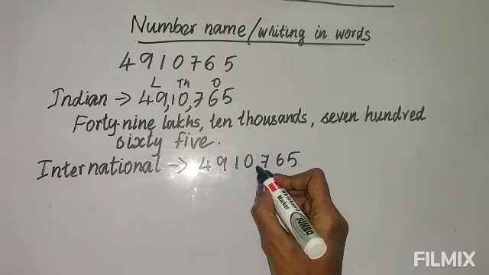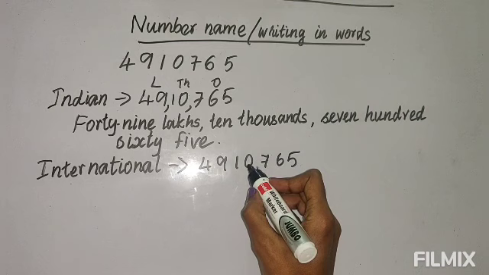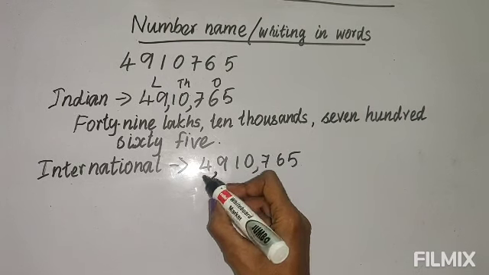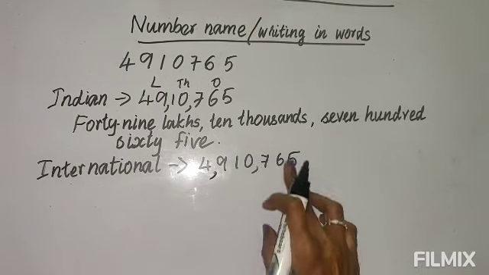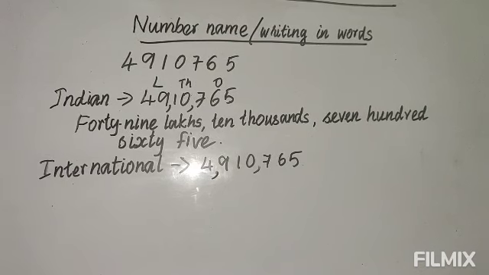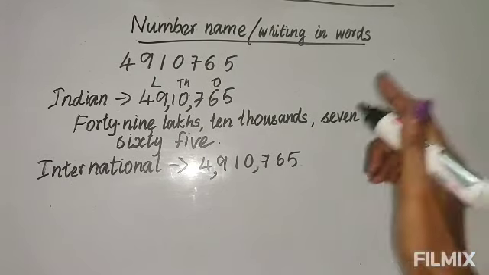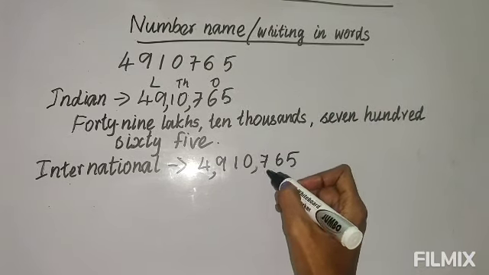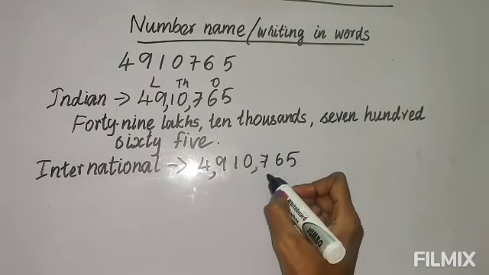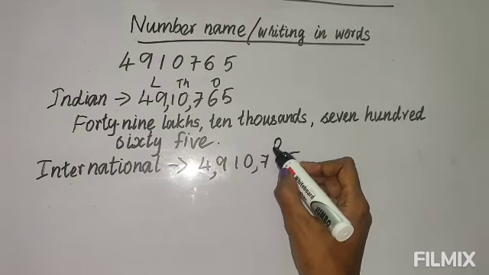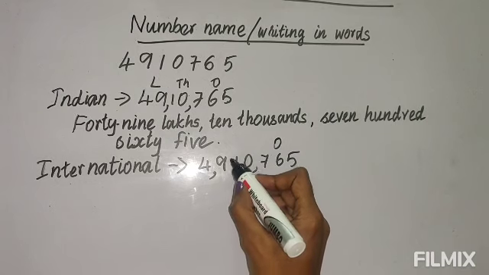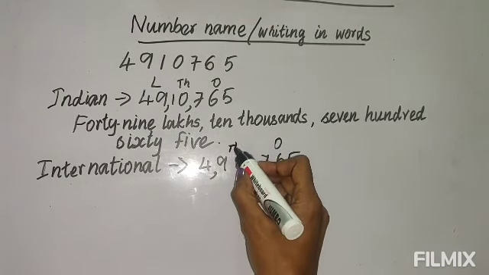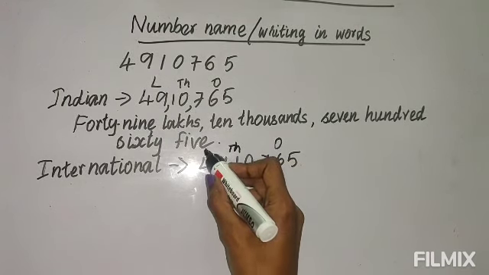So after 3 digits we put a comma, again 1, 2, 3, and after this we put a comma. Now you write the periods on the top. That is rough work only, you don't do it in the fair copy. See, the first 3 places are the ones period, the next 3 places are the thousands period, and the next one is the millions period.